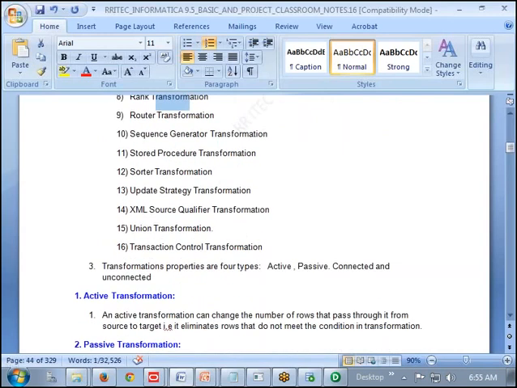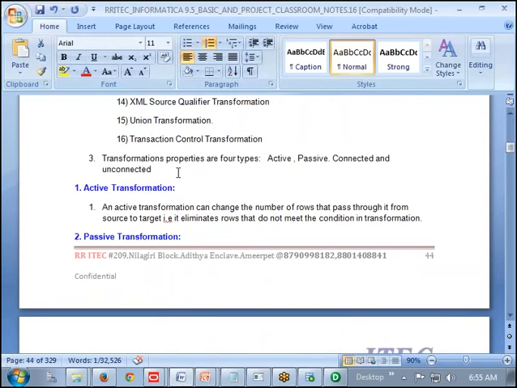Now these transformations have four properties available. Transformation properties are how many types? Four types. One is active and passive. This is one pair. Next we have connected and unconnected. This is another pair.